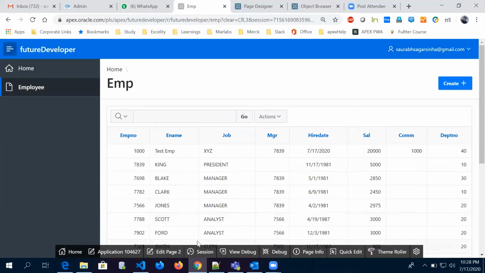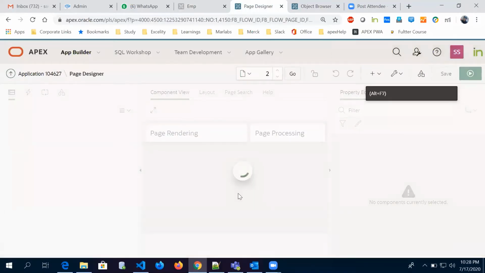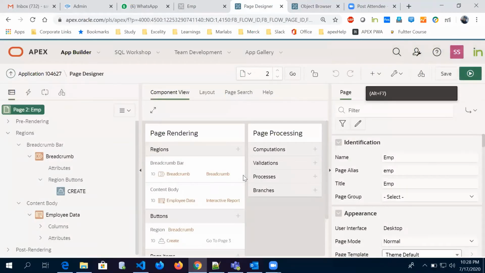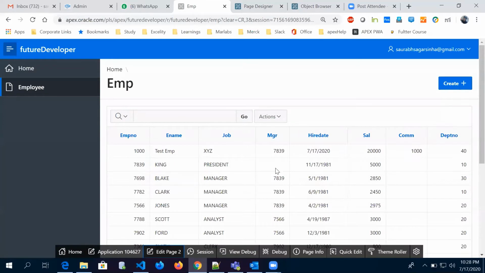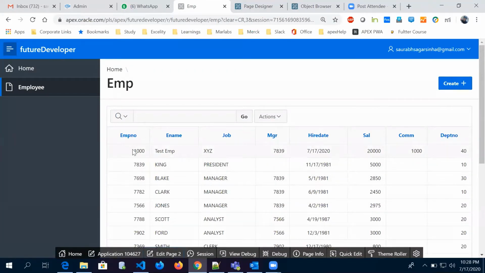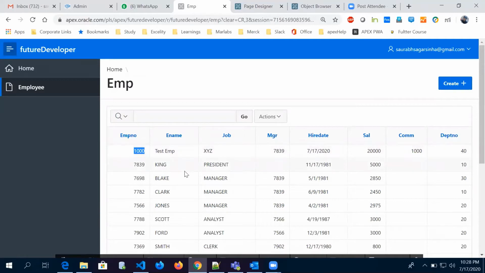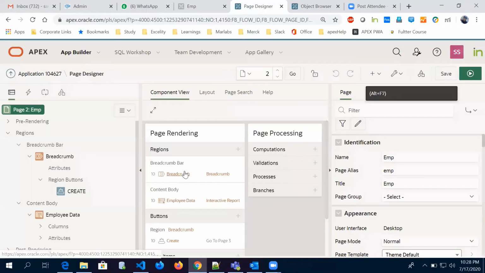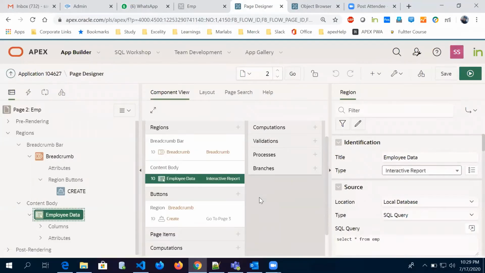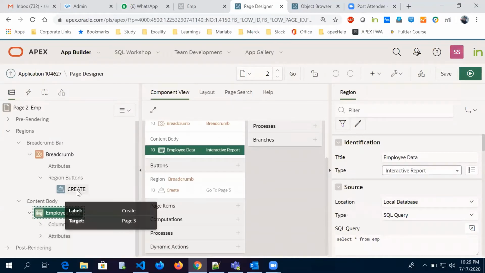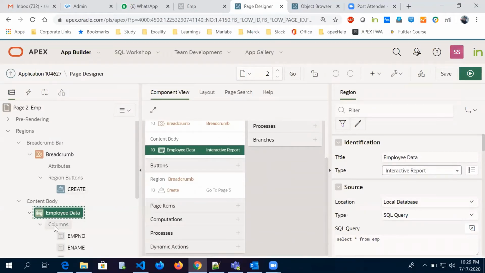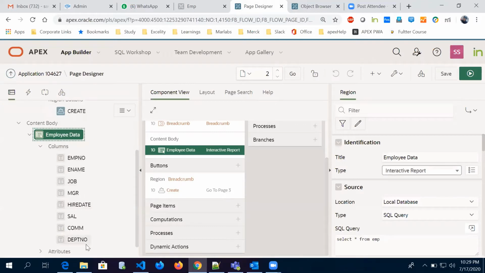For that, let's click on edit page 2 first, because we are going to create a link on this report, and in this report we have this column employee number. Here we'll be creating the edit link. So go to the employee column first. On the left side we have these column names.